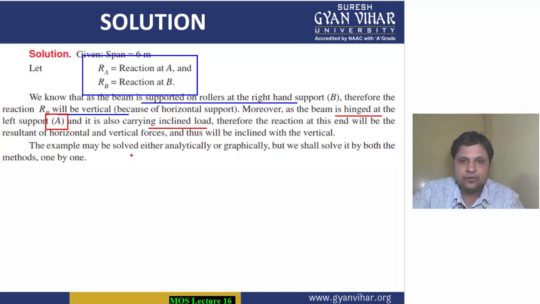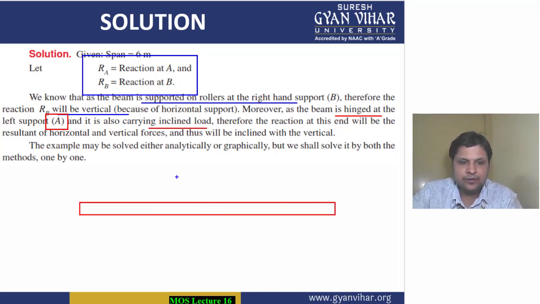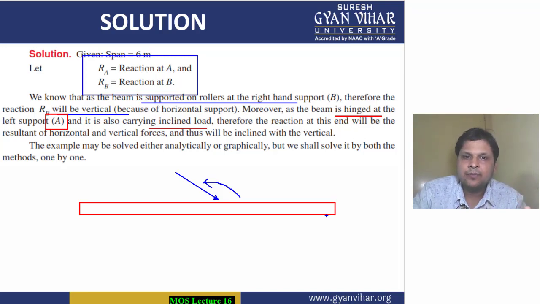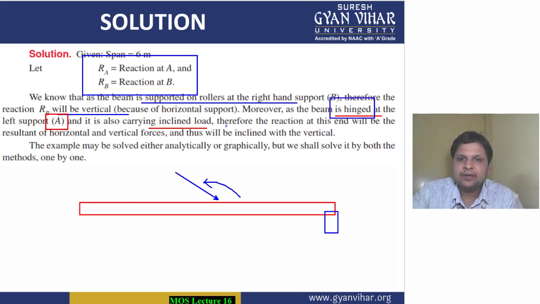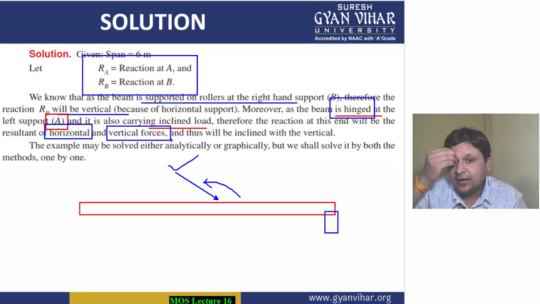Alright, since you are seeing that one of the loads on this beam is inclined in this way, at some angle, this particular load will cause two types of end reactions on the end which has the hinge support. Since the beam is carrying this inclined load, you will have horizontal as well as vertical reactions at this end.